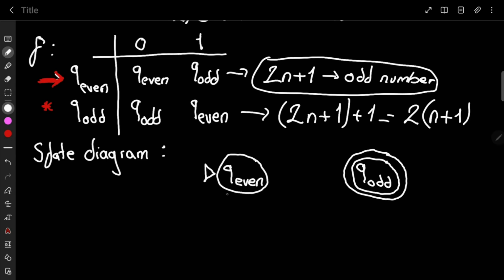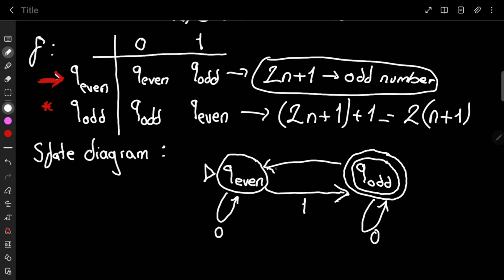If we get 0 as an input, we will stay at Q even. But if we get 1 as an input, we go to Q odd. Now, do the same thing for Q odd. If we are at Q odd and we get 0 as an input, we will stay at Q odd. But if we get 1 as an input, we will return to Q even. And that's all. This is the state diagram for our